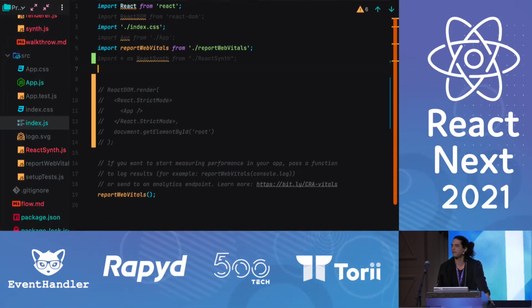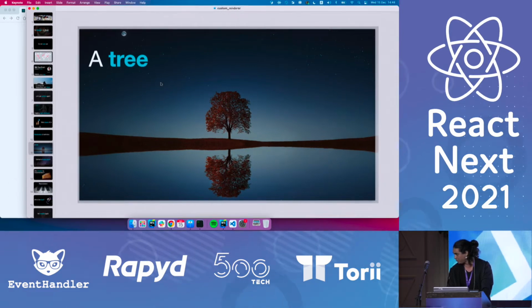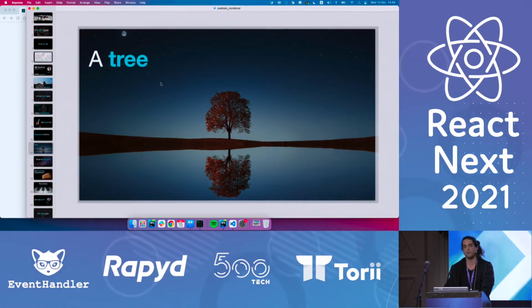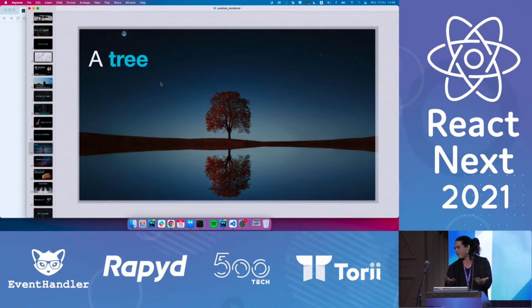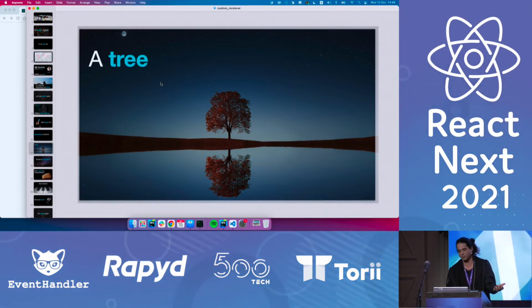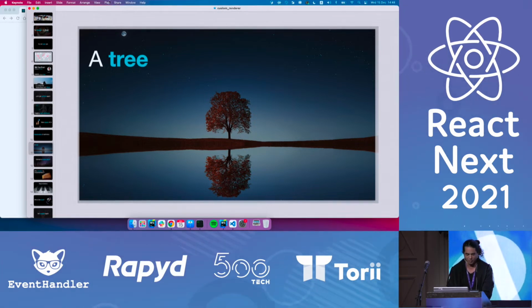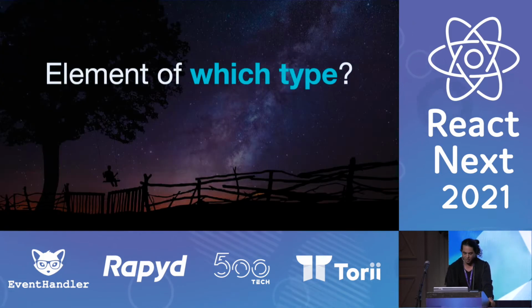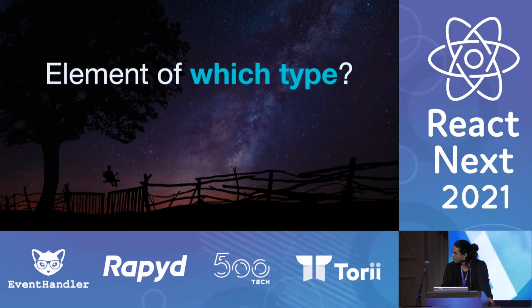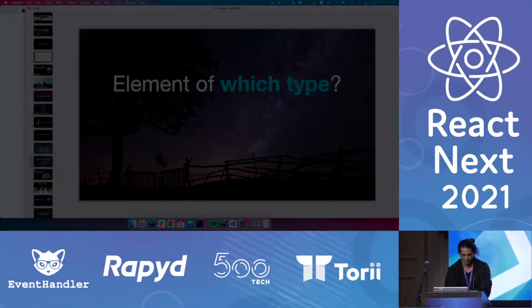So all the heavy lifting of what I'm going to do with this tree happens in the renderer. Most of the time, we build React applications for the browser, so we just take it as a fact. We generate a project, we've got the index.js, we use React DOM, we render it to the DOM, and that's it. Maybe React Native. React brings us a tree, and the most important piece on this tree of objects is this one,